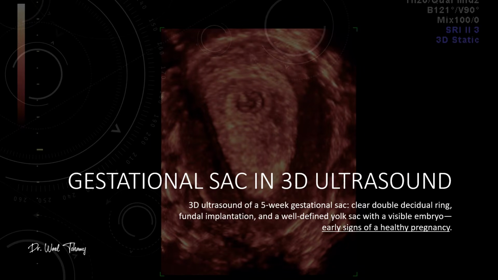This 3D ultrasound image shows a beautifully defined 5 weeks gestational sac, highlighting signs of healthy early pregnancy. Note the clear double decidual ring confirming intrauterine implantation. Its fundal location aligns with normal positioning, and we can also appreciate a well-formed yolk sac and even a visible embryonic pool. These features, when seen together, represent reassuring early markers of a viable